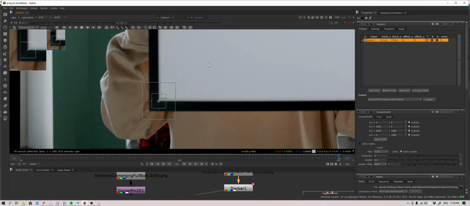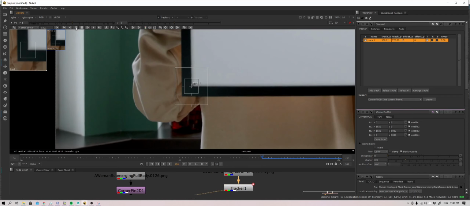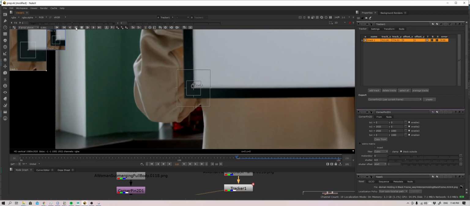What you want to do is proceed carefully. This whole interface came out together with this tracker node. What you want to do is track previous and track one frame, and click it a few times. You want to see it follow the footage. Once you're confident that it's staying in the center, good. If at some point it drifts and deviates away from the center, like this one,